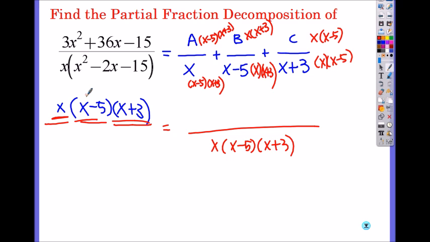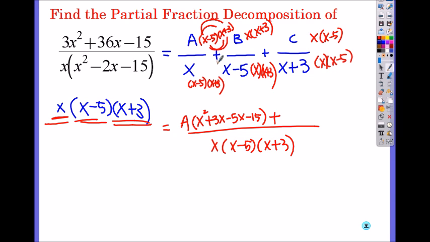You distribute it. So let's FOIL it first. So it's A times x times x, x squared, x times 3, 3x, minus 5 times x, minus 5x, minus 5 times 3, negative 15,